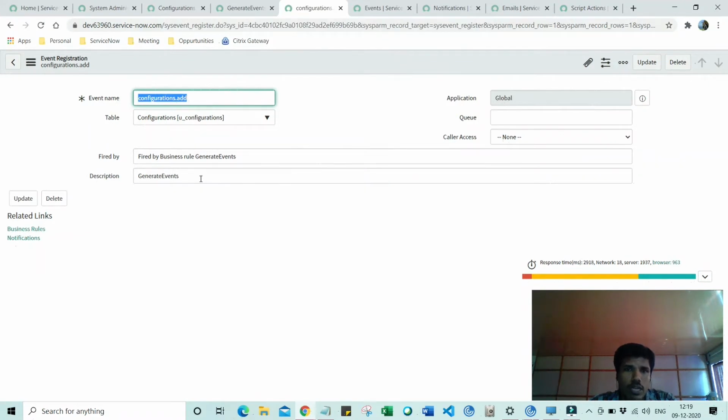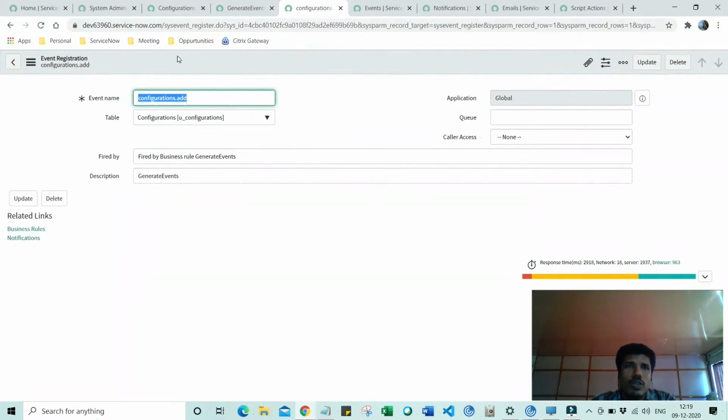Why I am highlighting these fields being string fields is because there's no scripting, there's no configuration on an event registry, and hence this record is just an identifier. Okay, it is like maintaining a register for me.